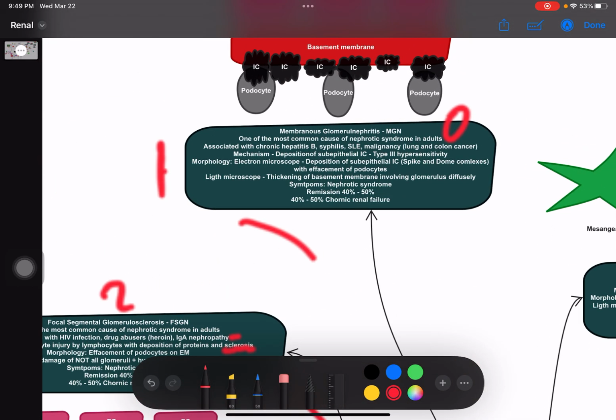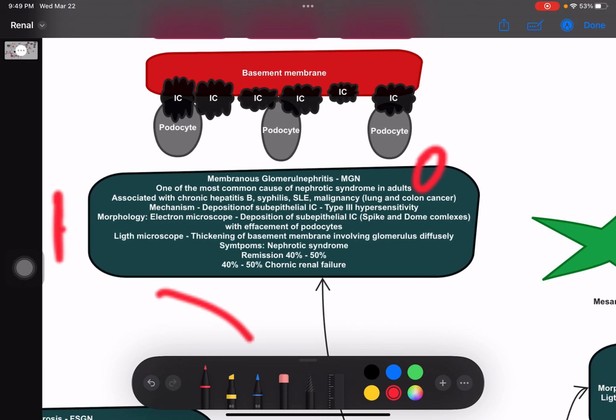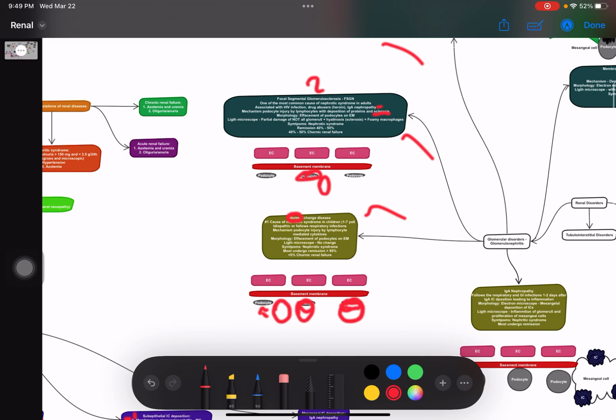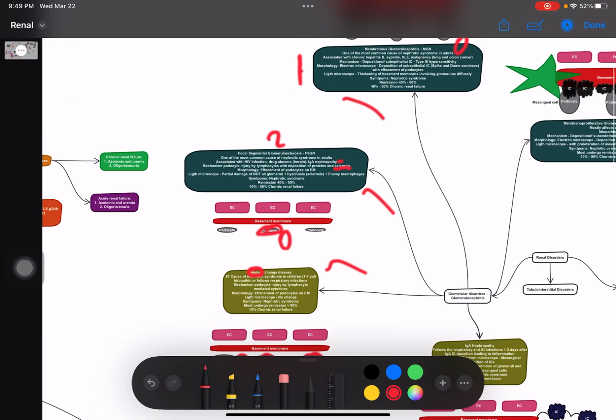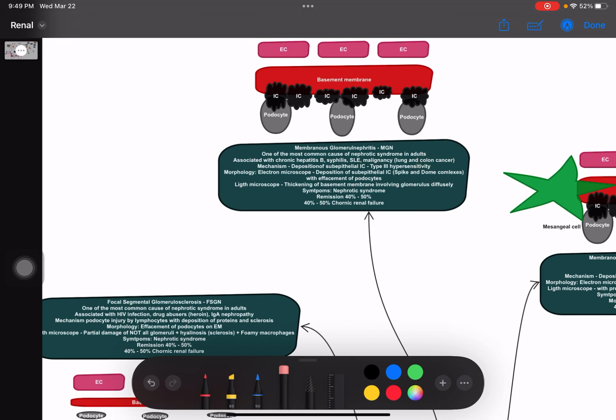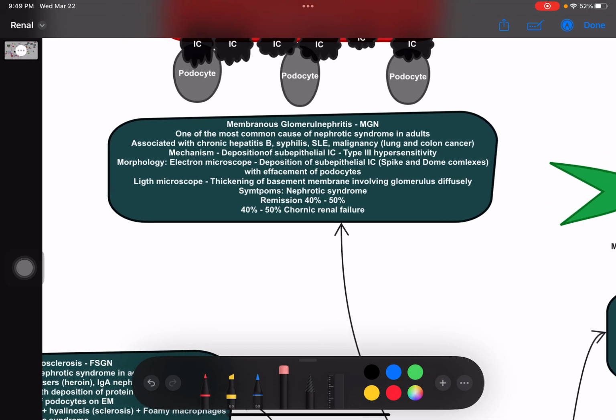Now, that's another very common cause of nephrotic syndrome in adults. So in these three disorders, 1, 2, 3, they're only nephrotic syndromes. So nephritic syndrome is not present in either of those. Okay. So membranous glomerulonephritis is again one of the most common causes of nephrotic syndrome in adults, associated with chronic hepatitis